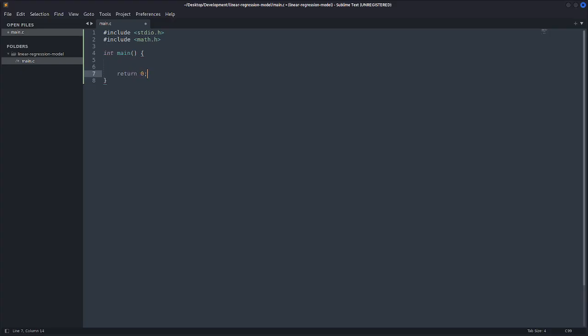Okay, now here we can write our main logic. Everything goes in here. The first thing we are going to do is declare our variables. I'm going to say size_t i for the counter, which is going to be responsible for the loop counter. Now comma, I'm going to have train_size